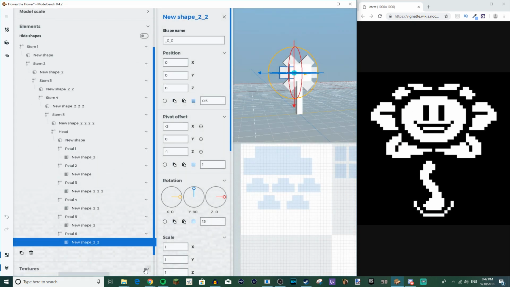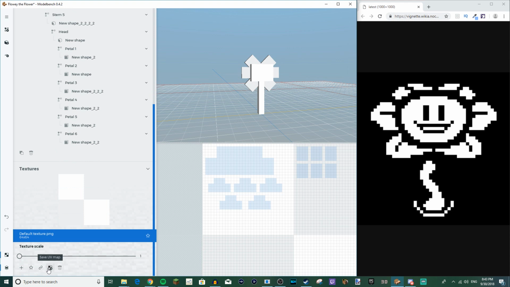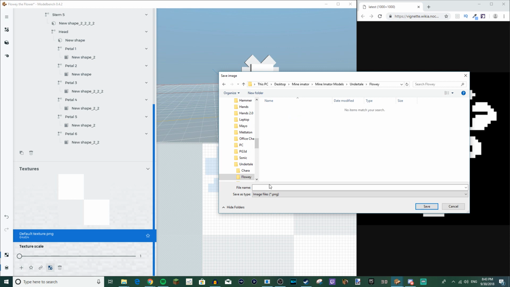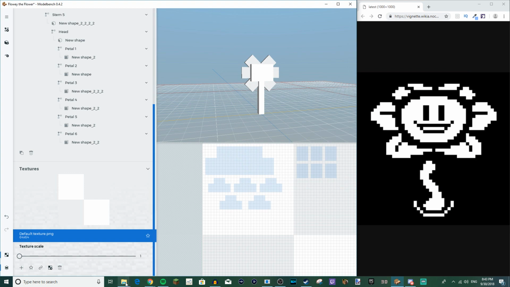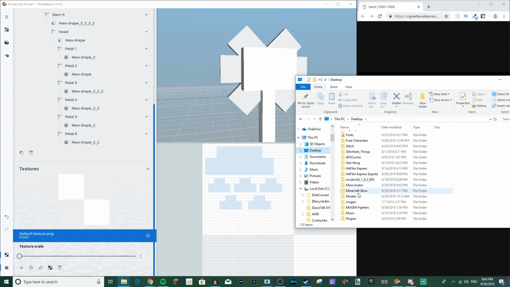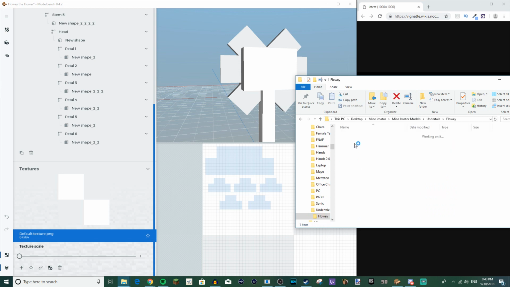Now don't save the model just yet. Instead, scroll down. You see this textures panel? Well, go click the default texture and see this button, Save UV map. Then go into Undertale, go to Flowey. Say I just give it a name like UV. Save. Now go to a folder, go to where you saved it. I saved mine on my desktop. Models, Undertale, Flowey,